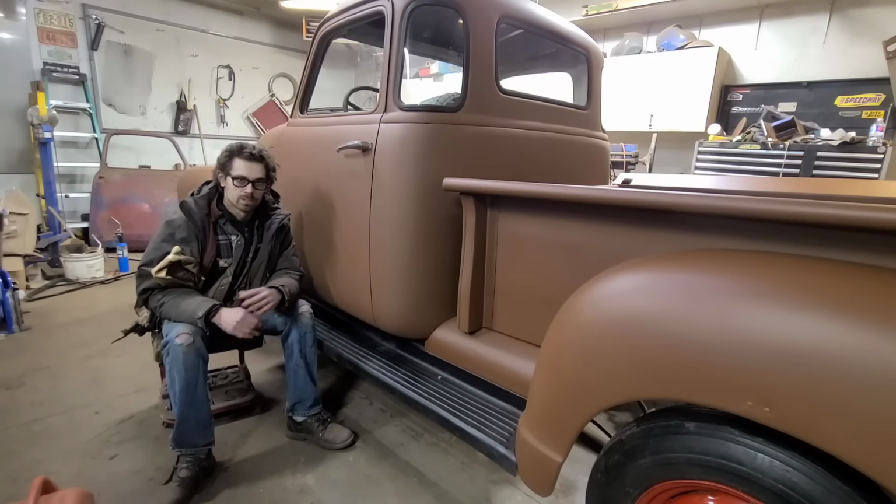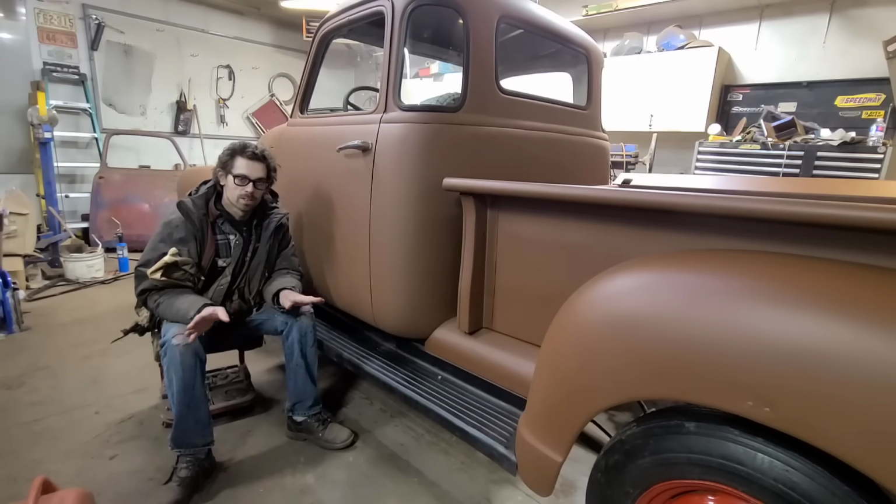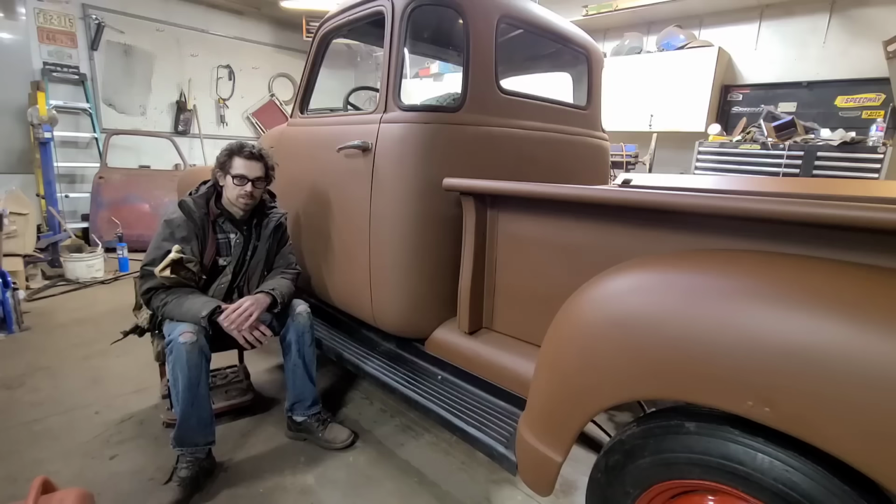This truck was literally going to the scrapper if they hadn't rescued it. The land that it was sitting on was getting cleared out. And if you want to see the